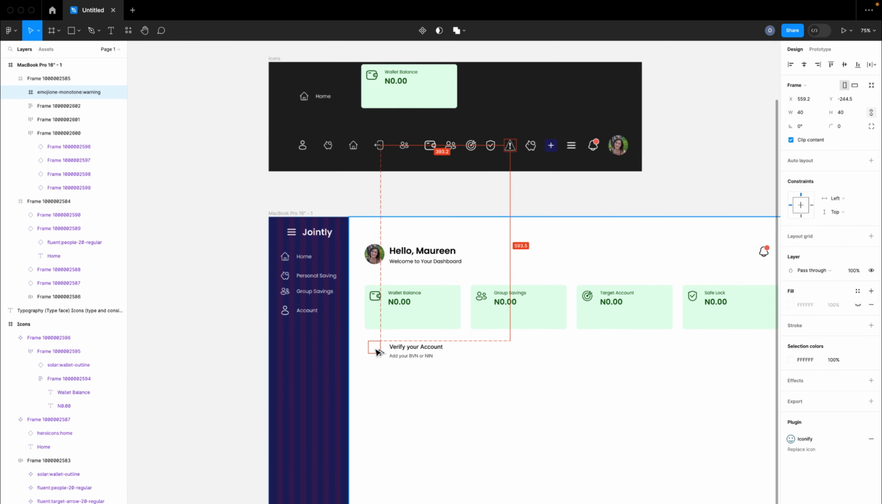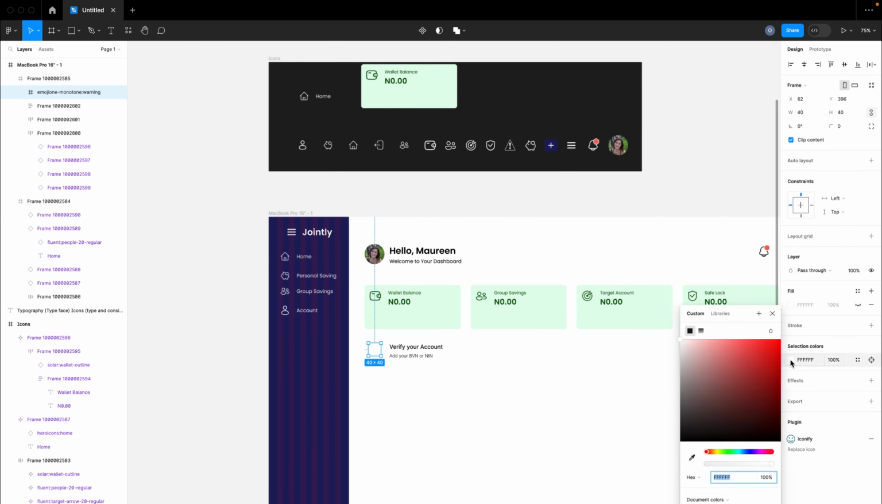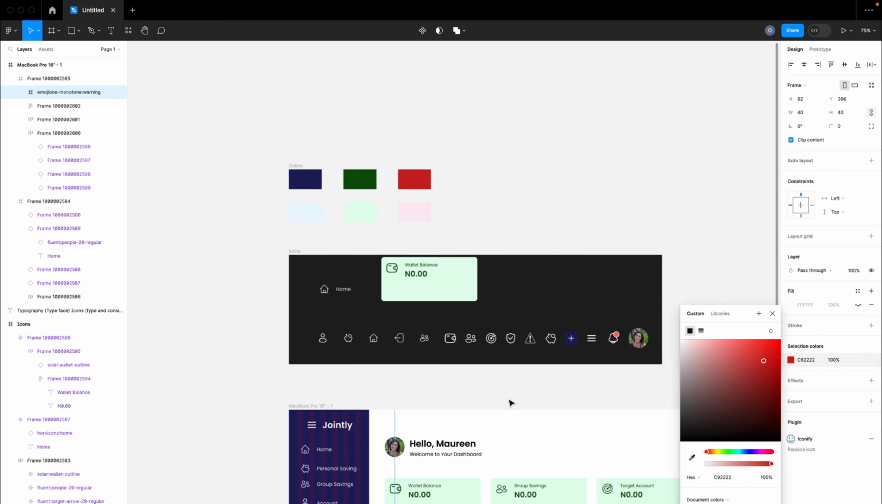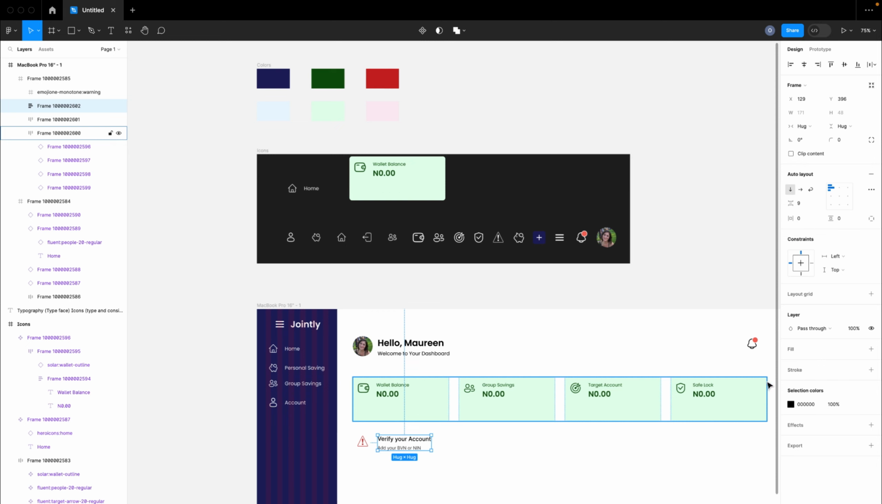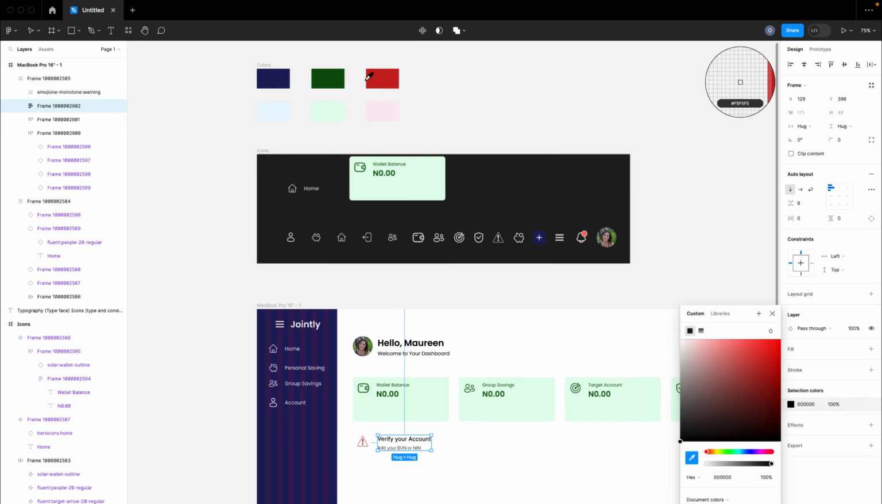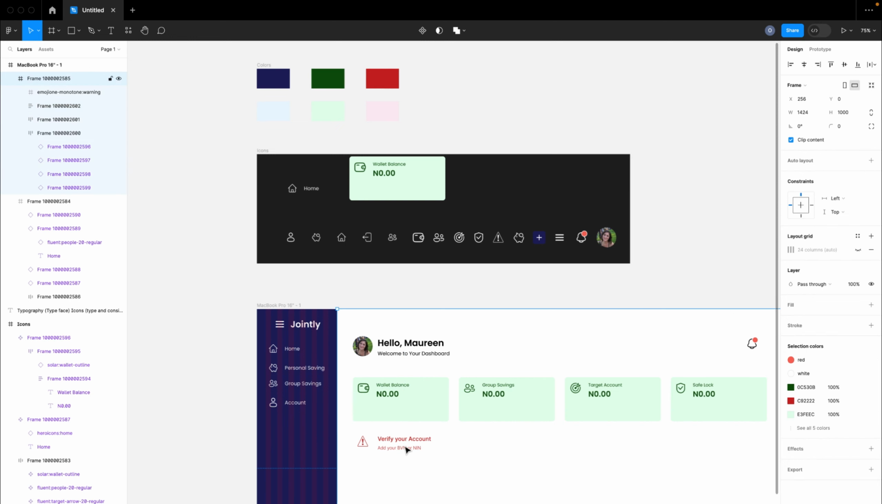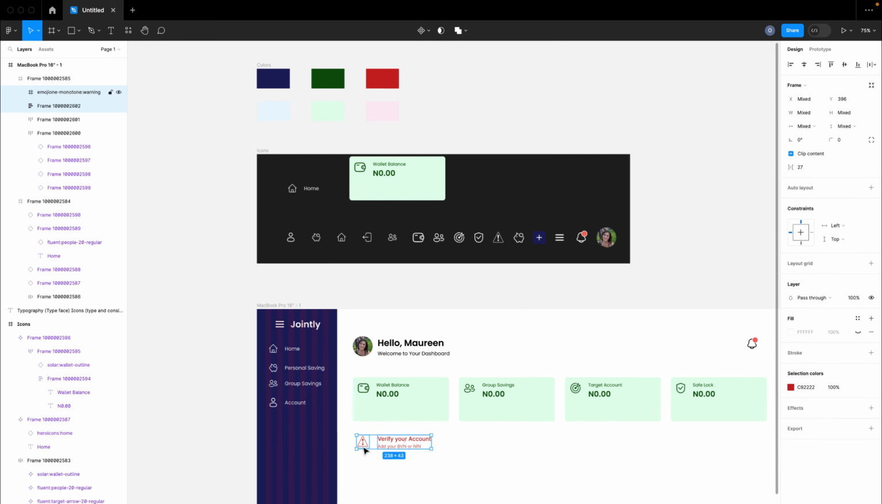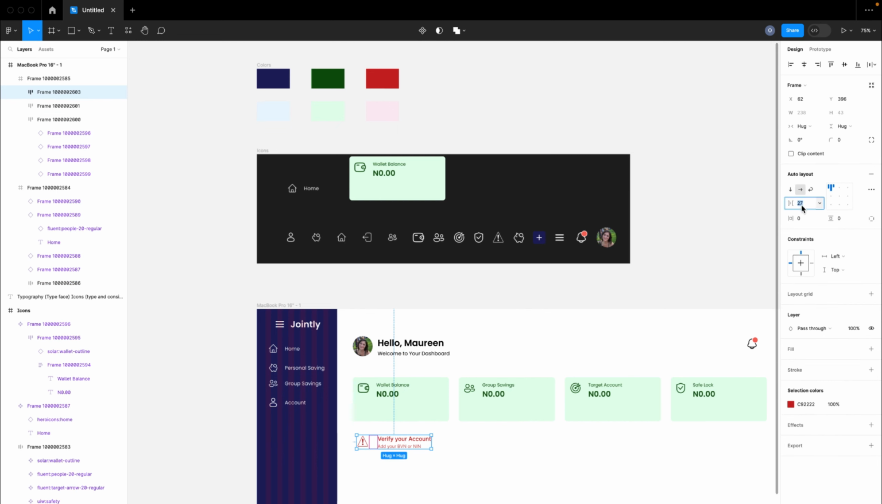I'm then going to bring it down also. And for the color, I'm going to pick one of these warning colors we have here, which is this shade of red, which is the same thing I'm going to do for the text. I'm going to pick this color here. And for this, I'm going to reduce the spacing to 0, or I think 0 is too small, maybe 2 pixel, or let's say 4. And I'm going to select the icon, hit Shift A, also make that